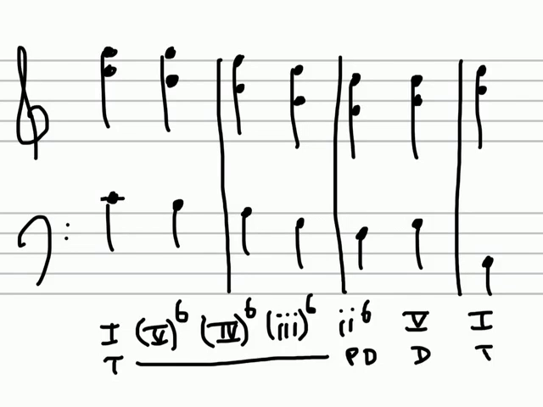So here in this progression, if we start with a 1 chord, and then we go down with a series of 6/3 chords till I get to the 2/6. 5/6, 4/6, 3/6. Once I'm on the 2/6, now I can go to a 5 and a 1. So even though we have these 4